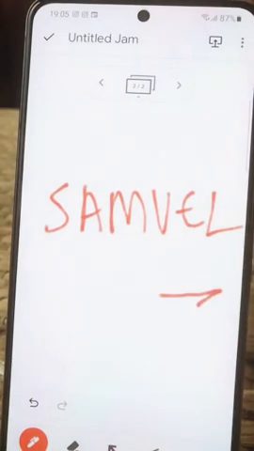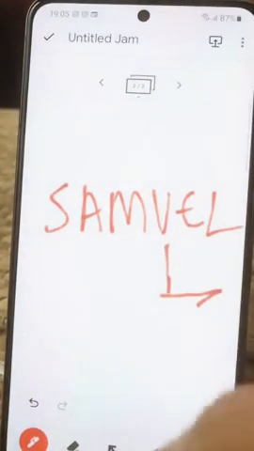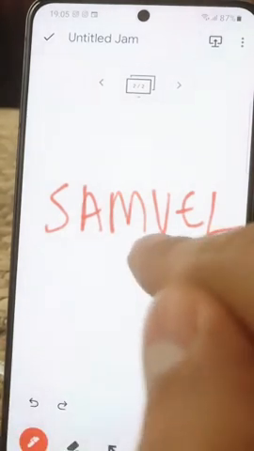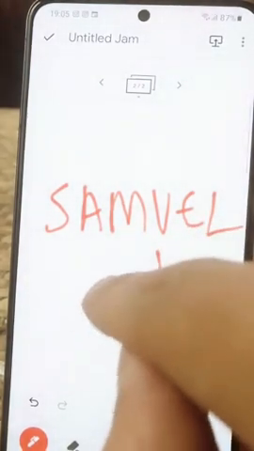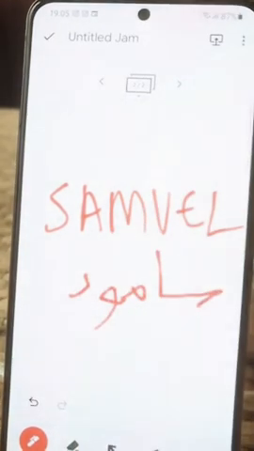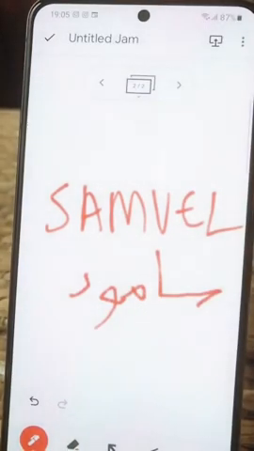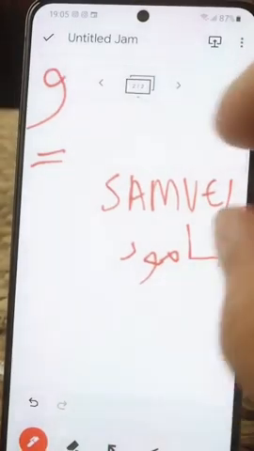This is the Hamza in Arabic, and Hamza makes a glottal sound. So this part, it's L, but it's pronounced more like il. And